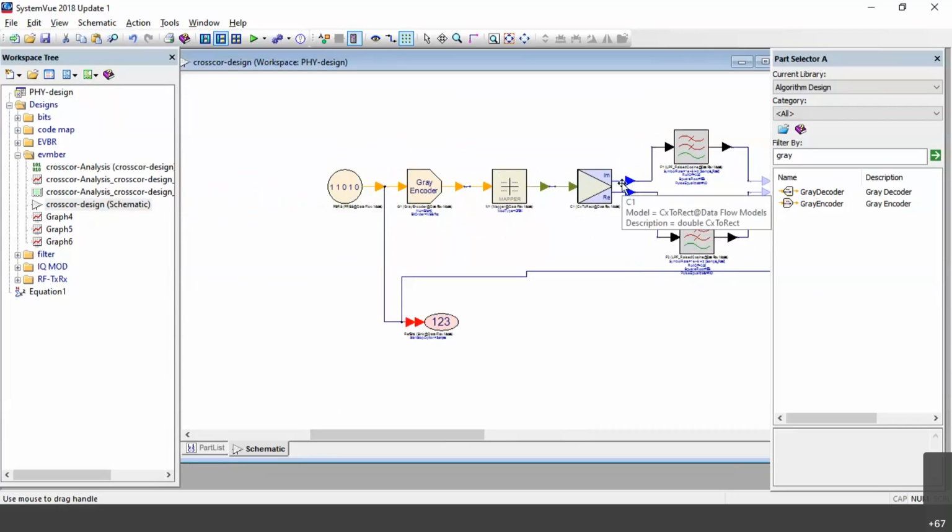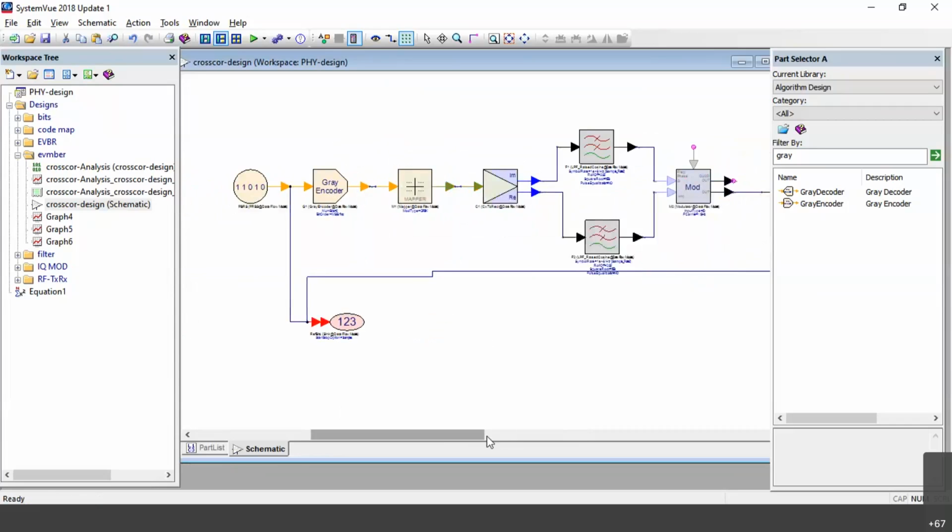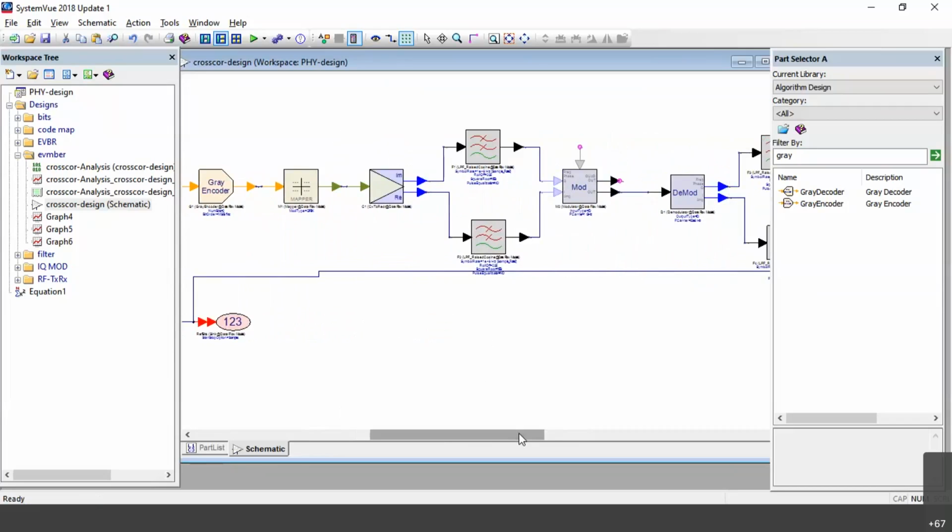My question is, does the modulator module accept only real and imaginary parts, or can it be a combined input also? Both, ma'am. The real and imaginary parts are filtered and the required signal can be passed to the modulator. My question was whether the modulator module accepts the input signal only in the form of real and imaginary signals, or can it accept a general complex signal?